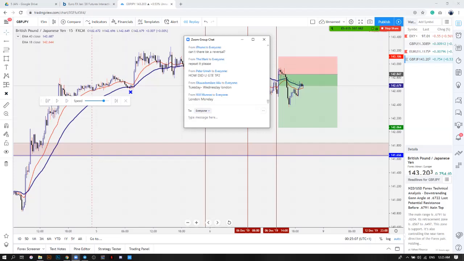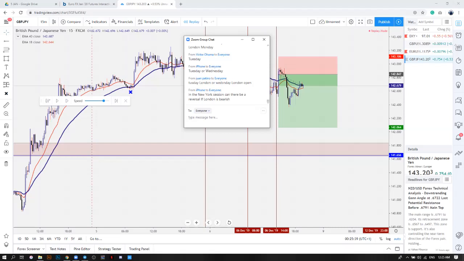Okay, Tuesday, Wednesday, London session. Okay, Monday London session. No, that's wrong. Will, that is wrong. Tuesday or Wednesday. So if you're gonna get a reversal bullish on Tuesday or Wednesday, what do you expect Monday to do? Oh, in New York, yeah, actually lots of times on Mondays you could expect a reversal in New York session. Yeah, it can happen. Very possible.